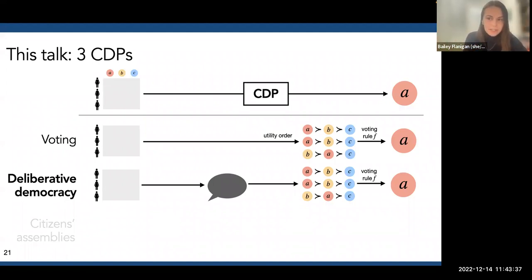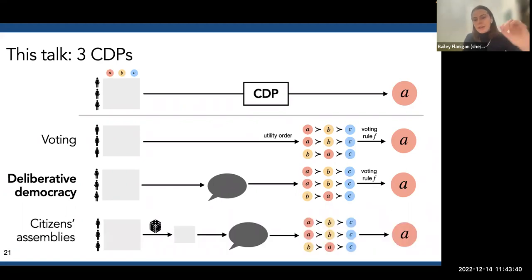And so one solution that has been proposed is a citizens assembly, which basically randomly subsamples the population and produces a smaller panel, usually about size 100 or something. And then that panel deliberates and makes some collective decision. You can imagine that this first stage of the sampling process is extremely important, because you want everyone in the population to feel that the decision that comes out at the end is legitimate. And so you need to make sure that this panel satisfies various things. In particular, in practice, people want demographic representation of the population. And they also want to make sure that people are given pretty equal probability of being chosen for the panel.